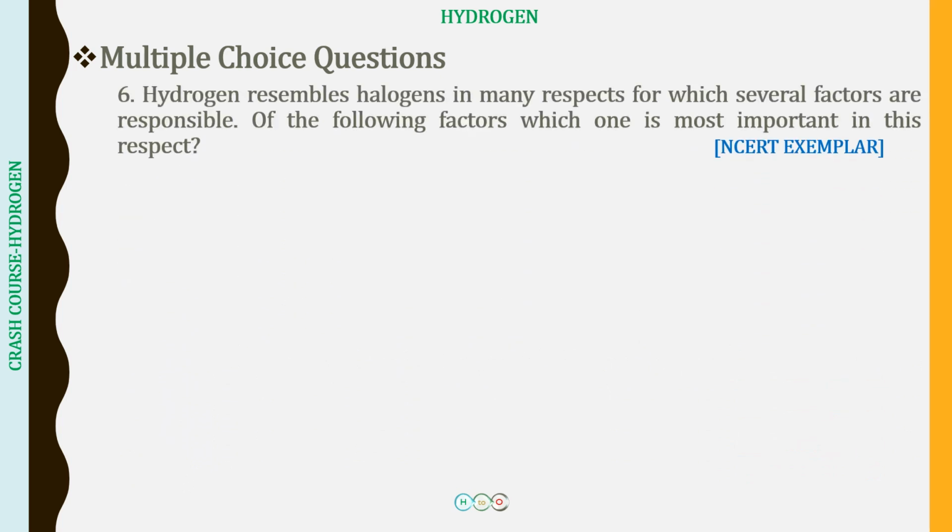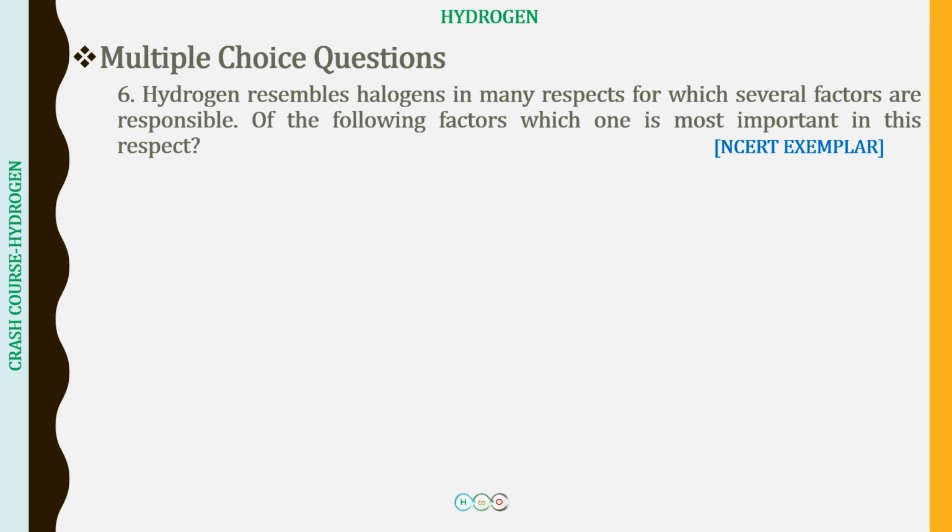So next we begin with question number 6. Before I begin, let me tell you that for questions 6 to 10, you can have an understanding of the related theory in lecture number 2 from our course Hydrogen. Here we will be discussing the position of hydrogen in the periodic table, how hydrogen is similar to the alkali metals as well as to the halogens, and what are going to be the things in which hydrogen is different from these two groups of elements.